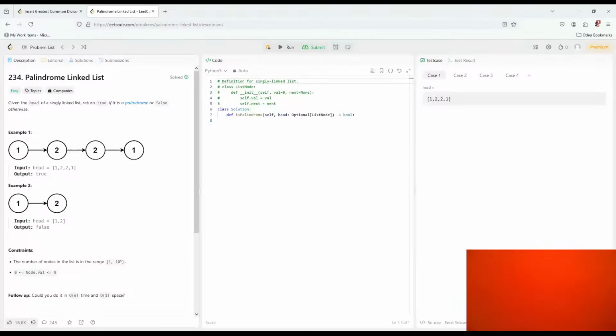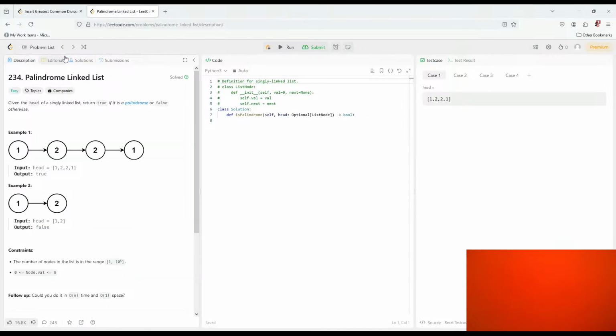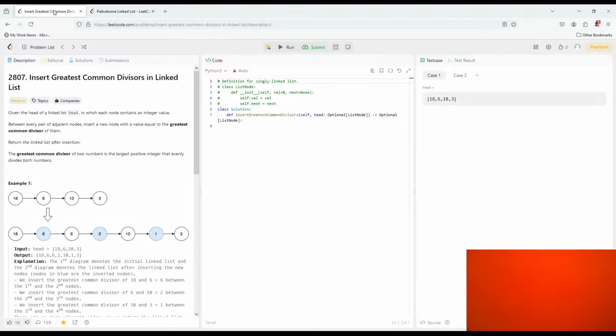Hello, today we will continue doing list tasks. But before this easy task, let's do a medium task, which is easier than the easy task. All right, so